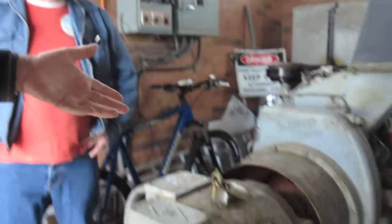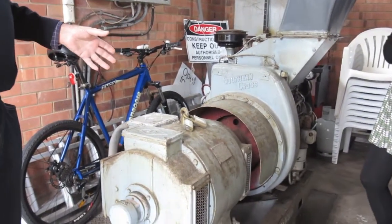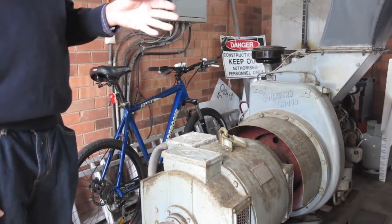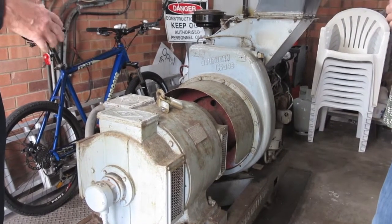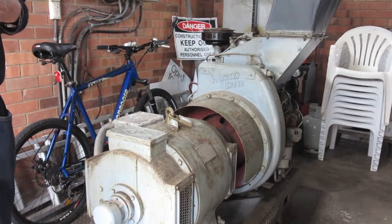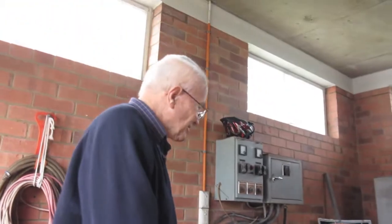Now this is an old Southern Cross emergency generator, and when we did it, it was miles ahead of anybody else, because what happened when it started, we had to have the oil low pressure overridden for the starting time because it wouldn't start if it had low oil pressure. So we did that, and then we also put in another thing, and this is really important, that when